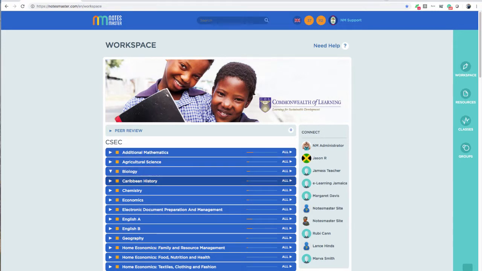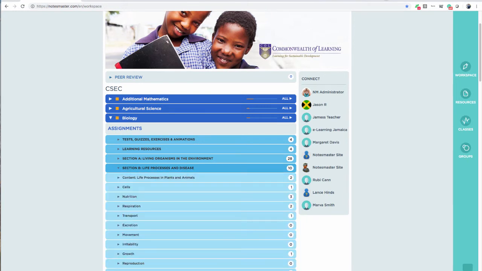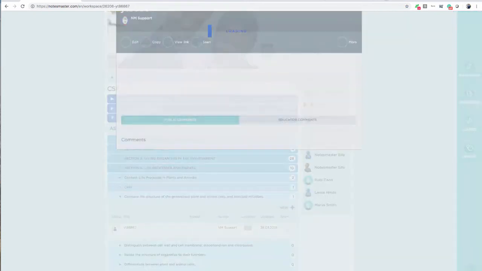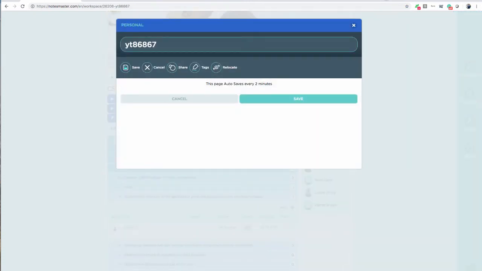Biology. I'll quickly just put something in. Life processes or living organism cells. Here we go. Anything will do. Popping something in here. Click edit. And then I have the option, once the page loads up for me,